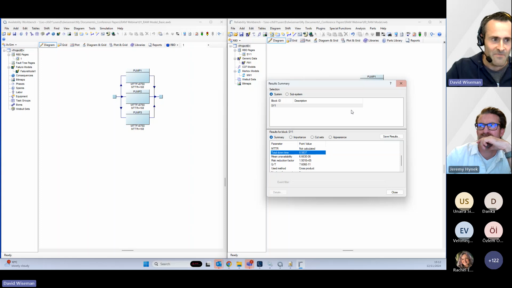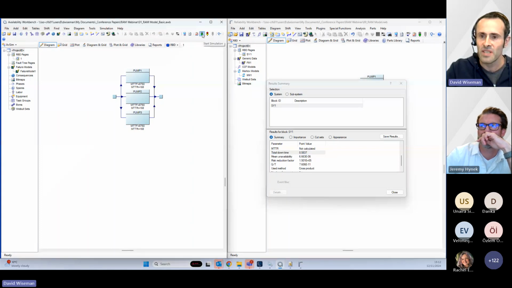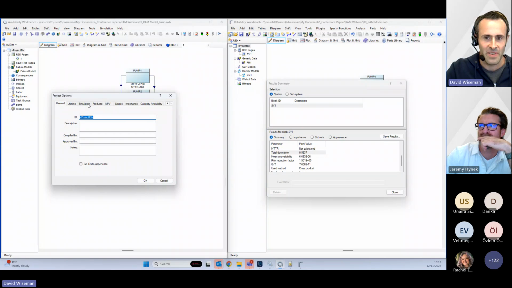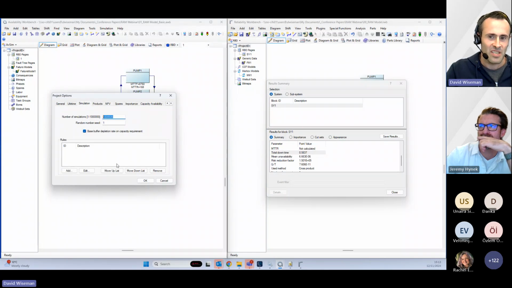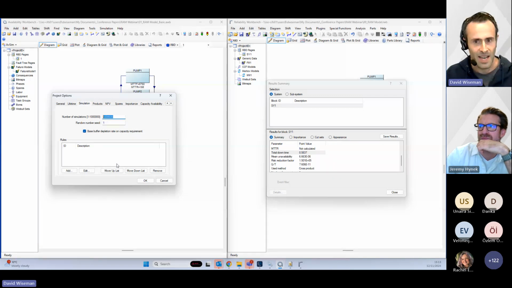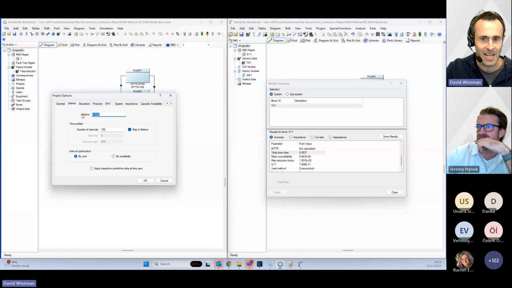Now, I'm going to keep that open, and I'm going to run my model on the left. Before I even do that, I might have another quick look in the options, and I'll show you this. This is the number of simulations I'm going to do. The number of simulations is instructing the program how many times to simulate the life of this system, this 10-year